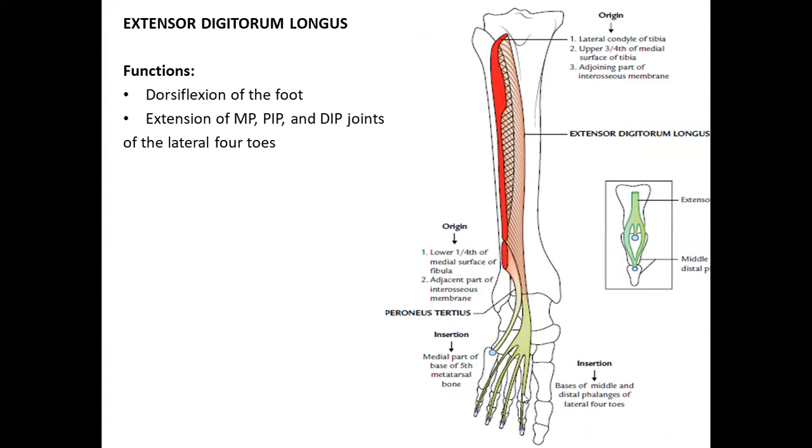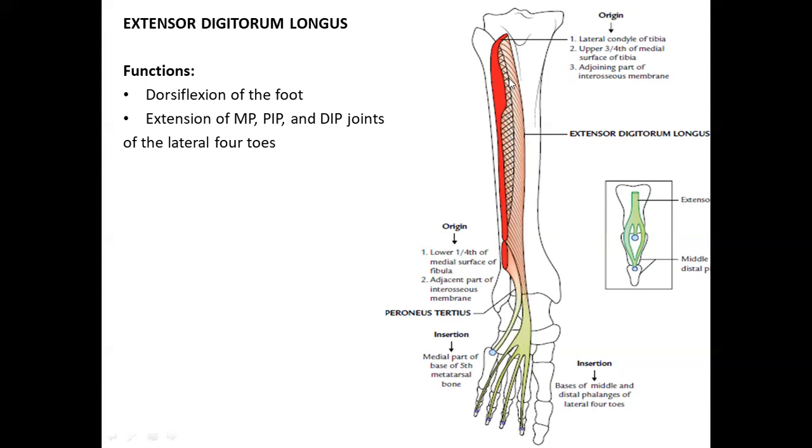bones. Okay, so extensor digitorum longus, it arises from whole of the upper 1/4 and medial part of the middle 2/4 of the anterior surface of the fibula. So whole of the upper 1/4, और इसको हम कैसे डिवाइड करते हैं वो हम लोगों ने बोन में देखा है कि हम इसको डिवाइड करते हैं 2 पार्ट्स में. So middle 2/4 of the anterior surface of the fibula. So lower 1/4 of the medial surface of the fibula and adjacent part of